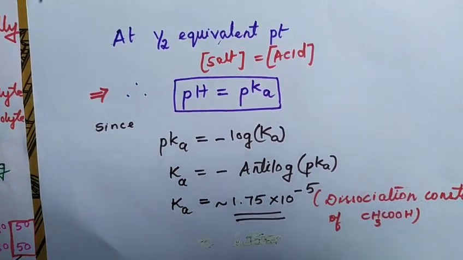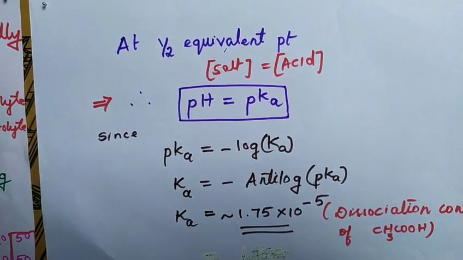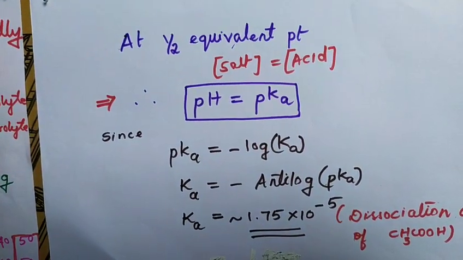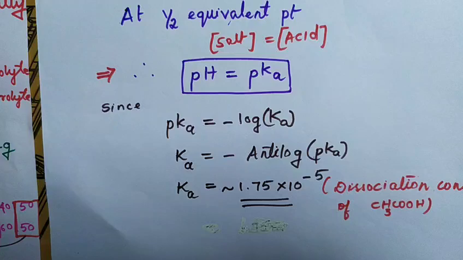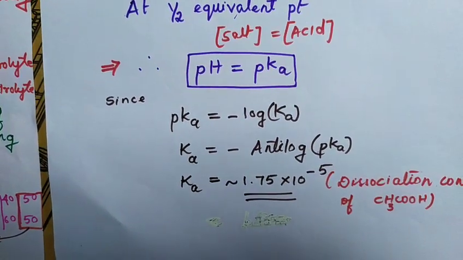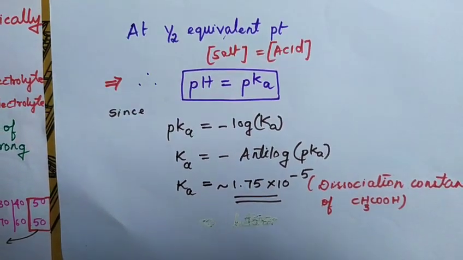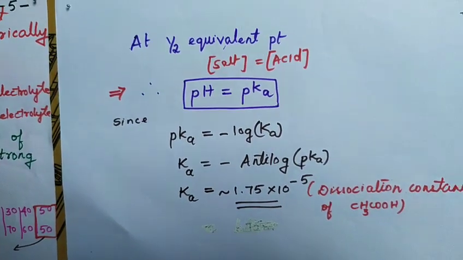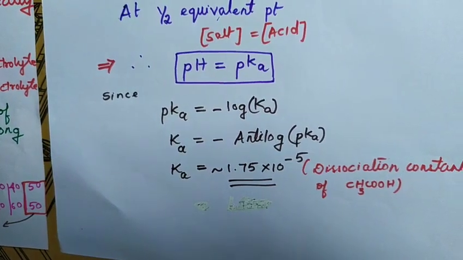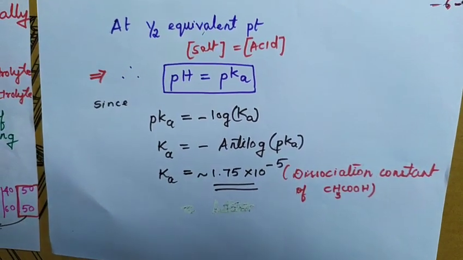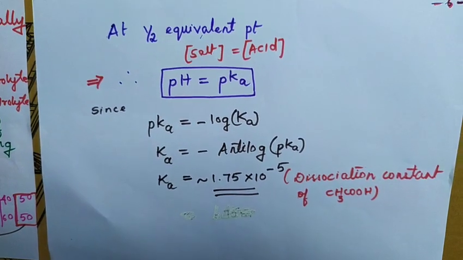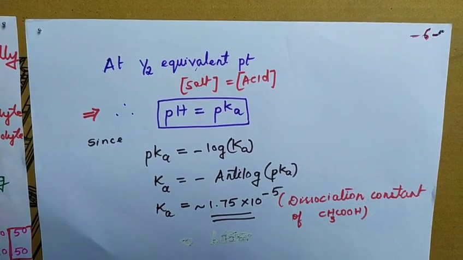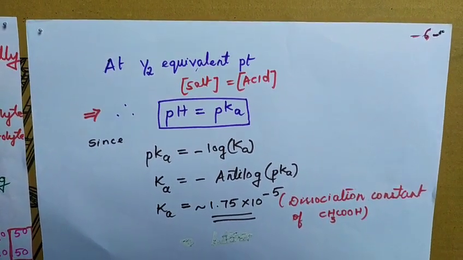Now we know the value of pH from the previous expression, that is pH is equal to (0.456 minus E observed) divided by 0.0591. Then pKa is nothing but minus log Ka. So rearranging the expression, Ka is equal to antilog of minus pKa. If you substitute the value of pKa, because pH is equal to pKa, then solve it and take the antilog of that, we can find out the dissociation constant of any weak acid. So this is the literature value of the dissociation constant of weak acid. This is how we determine the dissociation constant of a weak acid.